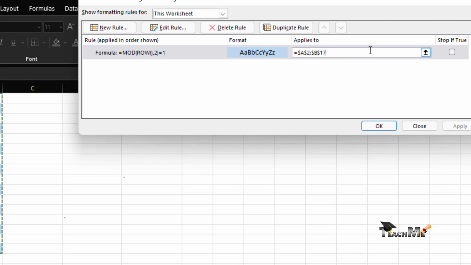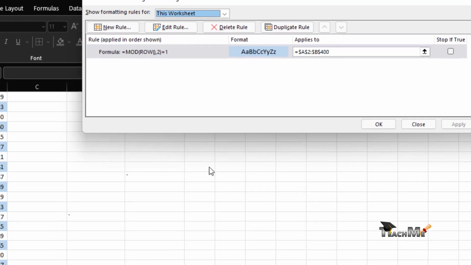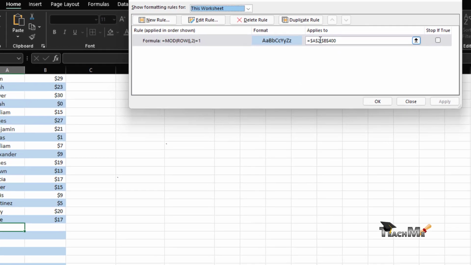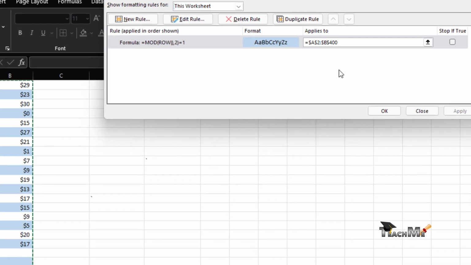So you want to update that. You could put like 2000 or 5000 if you want to, but let's do another way. I could say 30, I could say 400, apply, and it applies up to row 400. But let's change this. I want to start from row 2, and column A,